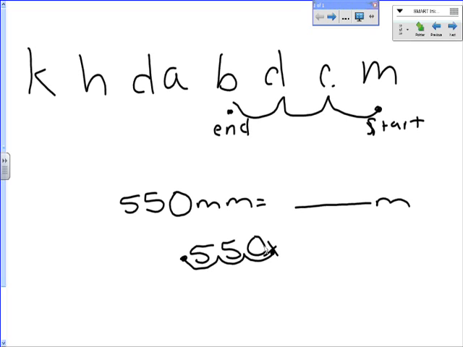And we can come up here to our answer and write in 0.550 meters. And that's our conversion. We started off with 550 millimeters, and we go to 0.550 meters. Now, let's go ahead and